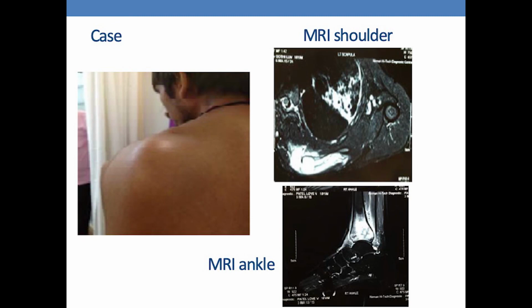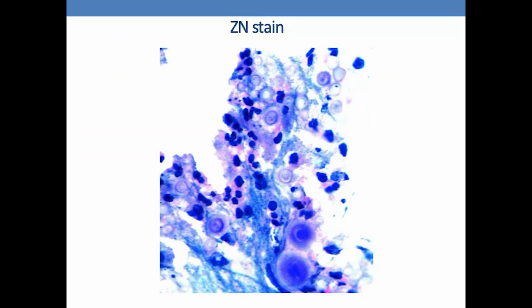Friends, this is a very interesting case. You can see there is a swelling in this shoulder and this is the MRI picture. The clinician would think immediately, can it be a tubercular shoulder? So this sample had gone to the tuberculosis lab, and the pus collected from it had the acid fast stain done. If you have a good medical microbiologist, they can pick it. This was Cryptococcus. Even though acid fast bacilli are not seen, so it's not tuberculosis, you can easily pick up that this is a case of cryptococcosis.